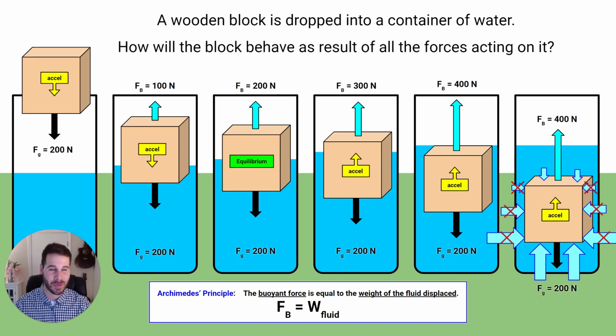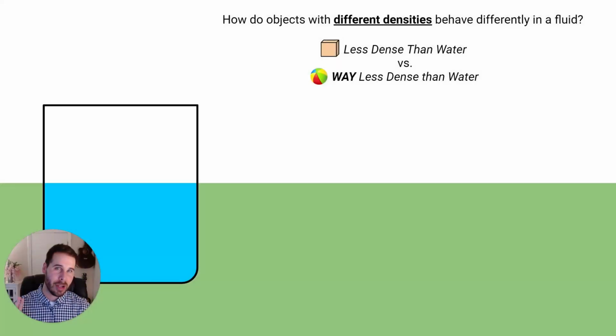It's easiest to see this way, but this works the same for all objects. So now that we know what buoyant force is and what makes it stronger or weaker and how it can influence the motion of an object, let's now compare two different objects with different densities and see how they behave in a fluid together. In this case, we're going to compare the box from the previous example,